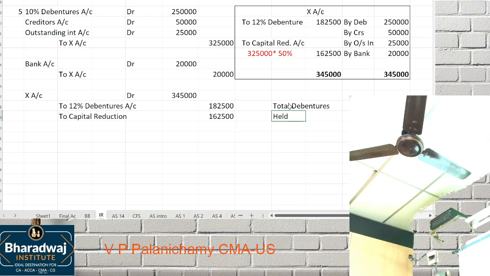Of that, the amount held by X, and the balance, two lakhs. For them, debentures account debit is 2 lakhs. Outstanding interest: for this, it will be how much? For 2 lakh 50, if it is 25,000, for these 2 lakhs it would have been how much? 20,000. To debenture holders,